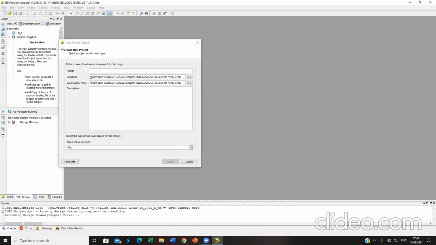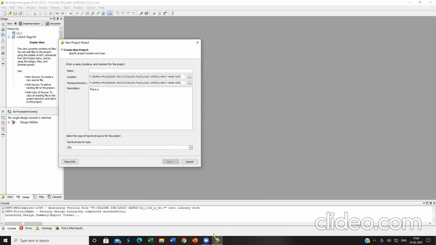I have selected the path, and it will get automatically updated both in the location as well as the working directory text boxes. This is an optional description. For example, if you are writing a program, it generally provides information about what you are actually trying to accomplish with it.